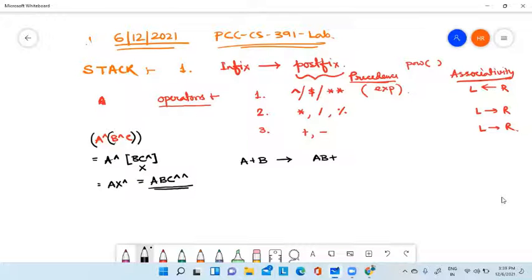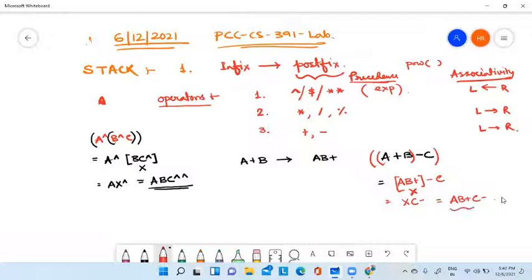So this is the to the power operation. If the same to the power operator is present more than once, then we have to execute it right to left. Similarly, if we have a + b - c, then it should be executed left to right, meaning this one is executed first, then we perform this one. So for a + b the postfix is ab+. Then there is a new operator, minus c. If you assume ab+ is x, then it gives xc-. What is x? ab+, then c-. So this is the postfix expression.